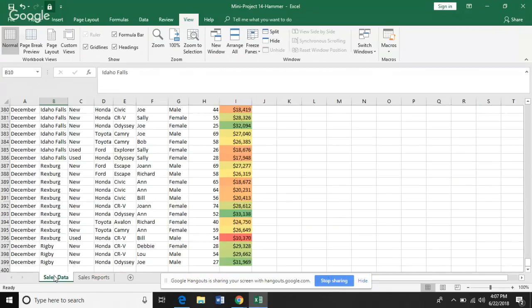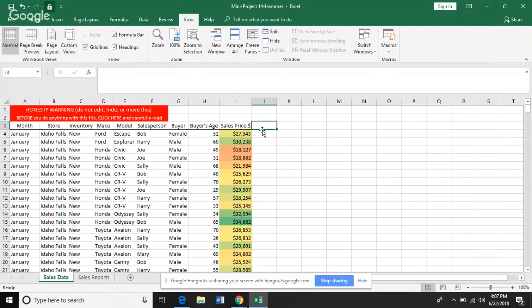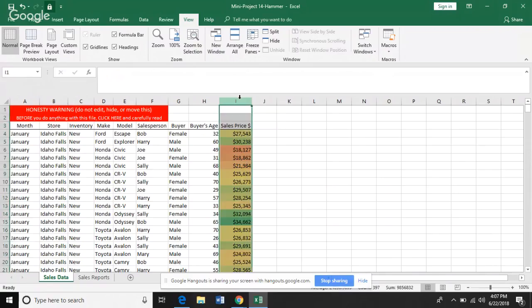Okay, you go to sales data. So it's really weird, but if you go to sales data, okay, yeah, and on the end, so on J, or really, if you, let's see, let me. So if you just click on the I, and then hit insert, okay, and insert, yeah. Okay. And then in one of those columns, just put